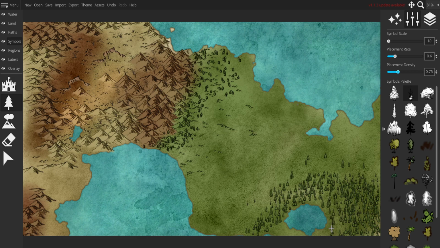And God, these trees look great. So we're just gonna paint that in. We're gonna paint down here, just like that. Then I'm gonna switch back to the other trees. We're gonna up the symbol size. We're never gonna see these things. And these trees we're gonna just stick everywhere else. These trees are gonna be our staple tree, and I'm just holding the mouse down at this point and painting these trees in, because they're gonna fill in all those blank spots, and we're actually gonna increase the placement rate